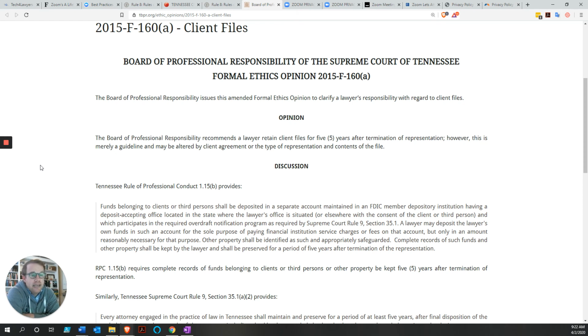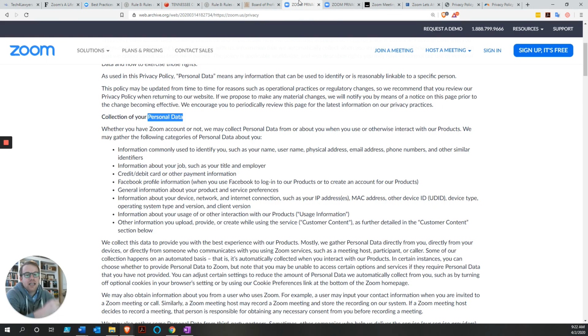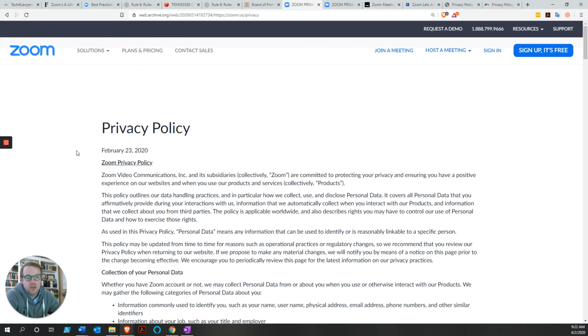So in order to assess these dangers in a provider, we generally look to the privacy policy of the company. We want to see what they say they're going to do with this information. Now, keep in mind, though, these policies generally have something in there that says that they can change them at any time, and sometimes even without notice to you. So how do we look at a privacy policy? And actually, I've got Zoom's old privacy policy up right now. And we're going to take a thorough look at this because this is an example of one that should raise some red flags.